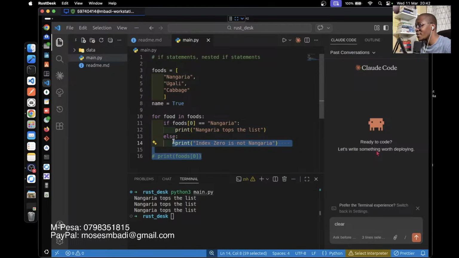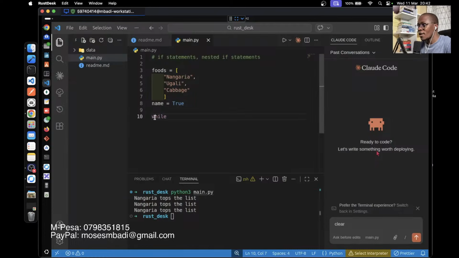They say while statements, but let's just say while loop. So we'll say while foods at index 0 is Nangaria.